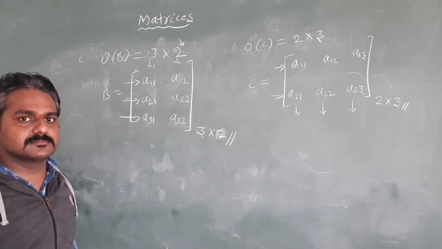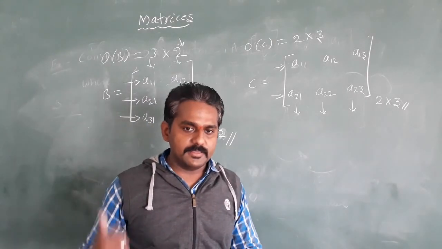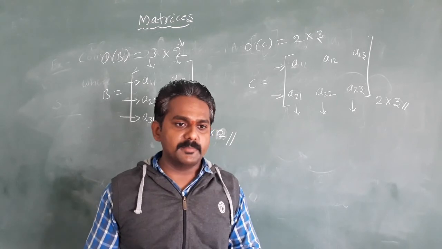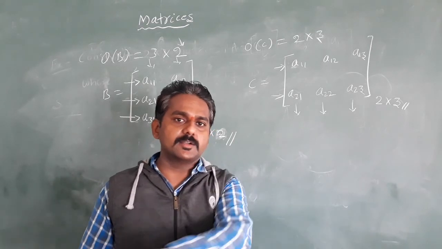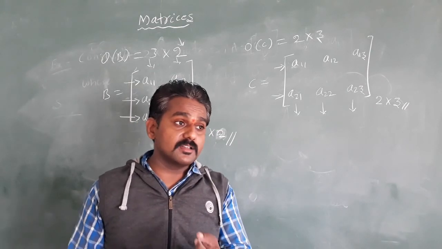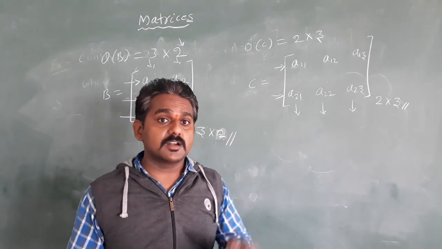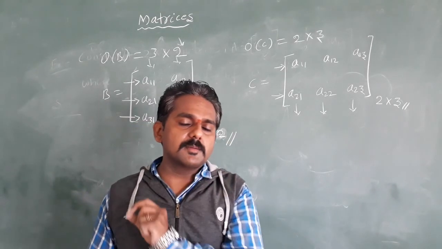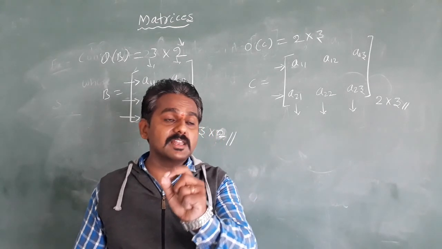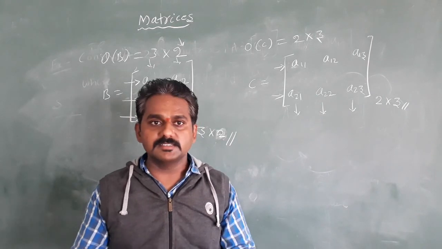Got the point, students? Okay. Hope you all understand my explanation now. Tomorrow we'll see how to locate the elements. They will ask what is the A23 element, A35 element, and another one, depending on the order of the given matrix, or they will mention the total number of elements in the given matrix. They will ask the possible number of orders of a given matrix. We will teach it tomorrow.